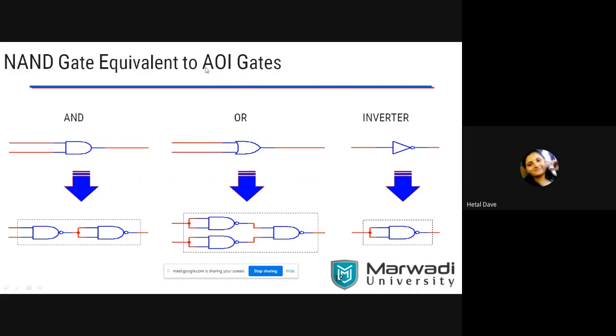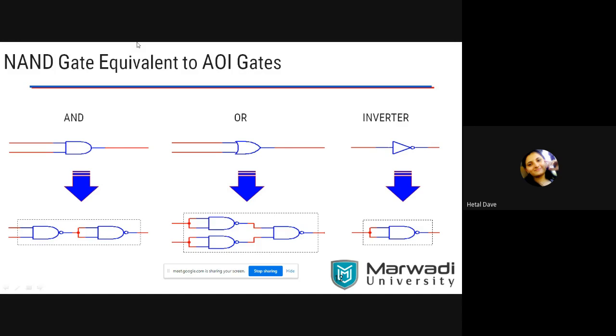Now what is the meaning of an AOI circuit? A circuit which is made up of AND gate, OR gate and inverter is called an AOI circuit. Now based on the explained topic, what can be asked in your examination? Convert an AOI circuit to a NAND gate only circuit. Again I am repeating, convert an AOI circuit using only NAND gates.